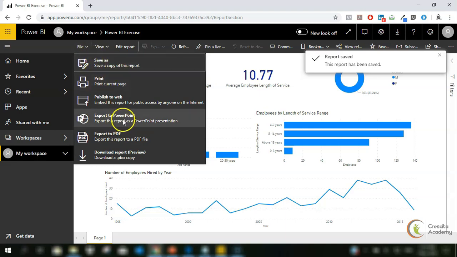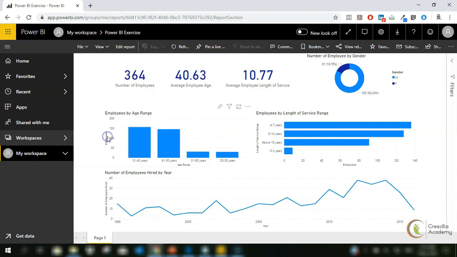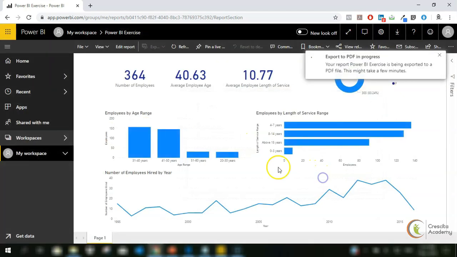I can now go back to View. I can now export. I can publish to the web, meaning I can embed this report for public access by anyone on the internet, and I can also export to PowerPoint. I can export to PDF, and I can also download this report as a .pbix. So what I'm going to do, two things. I'll export to PDF,